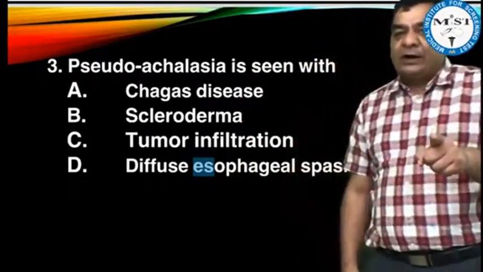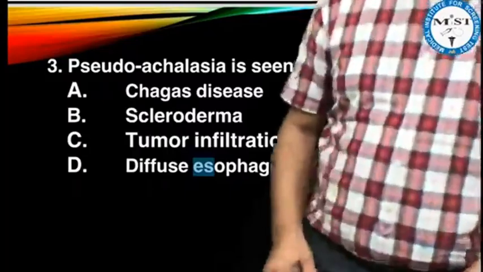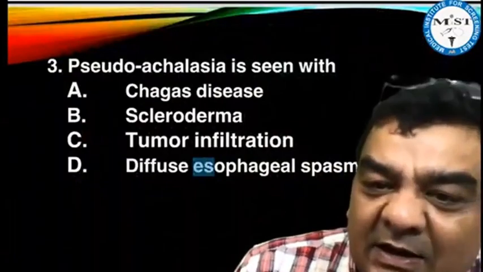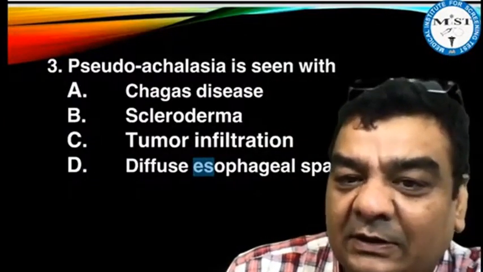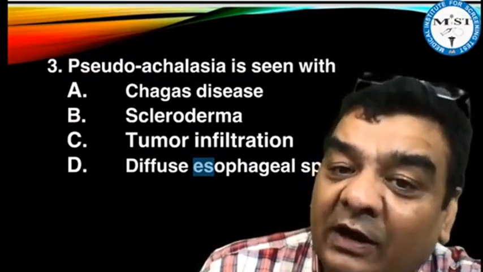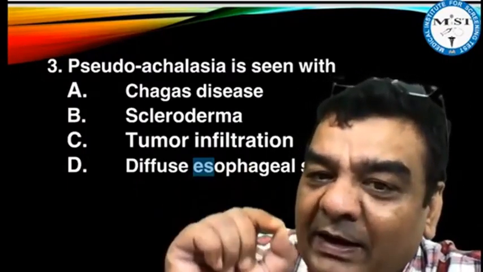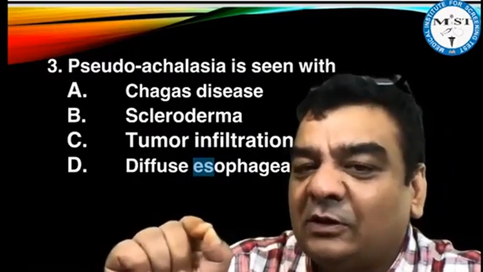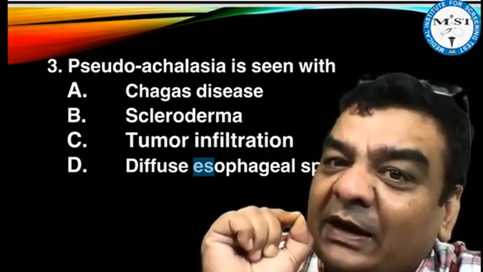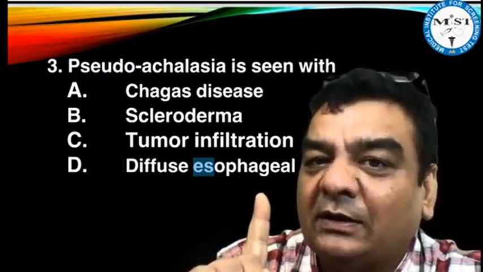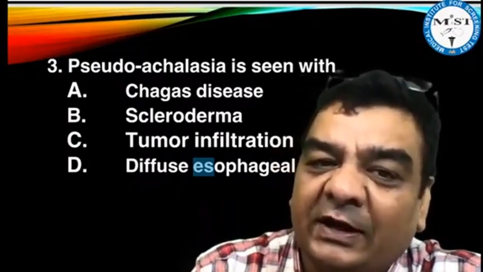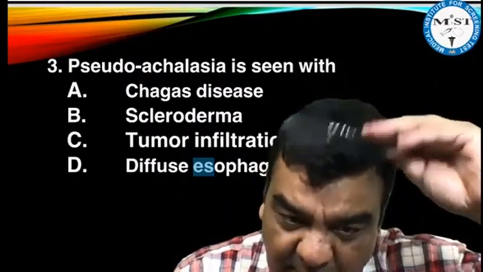So here what you are getting is tumor infiltration. Tumor infiltration is something which you can mark as the correct answer here, right beta? Tumor infiltration. Okay, but remember in the MCQs on 31st of August you might get mediastinal tumors in the options, or you might get tumors originating from the cardia of the stomach. Keep this in mind, beta. Okay, so the correct answer for this question is C for Chennai, that is tumor infiltration, right?